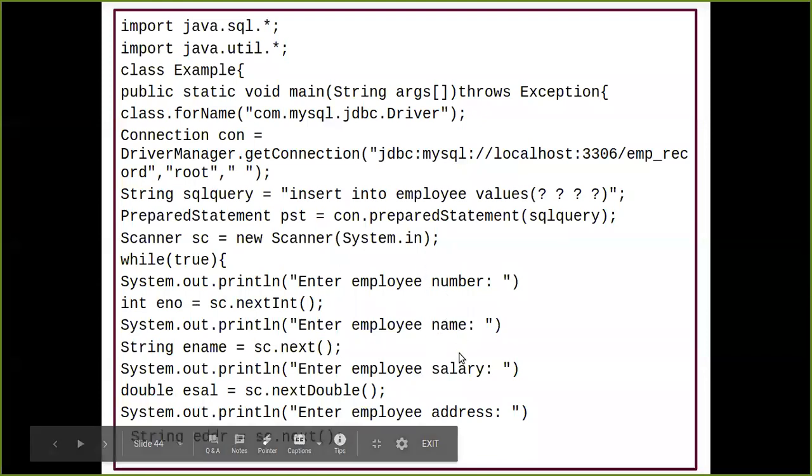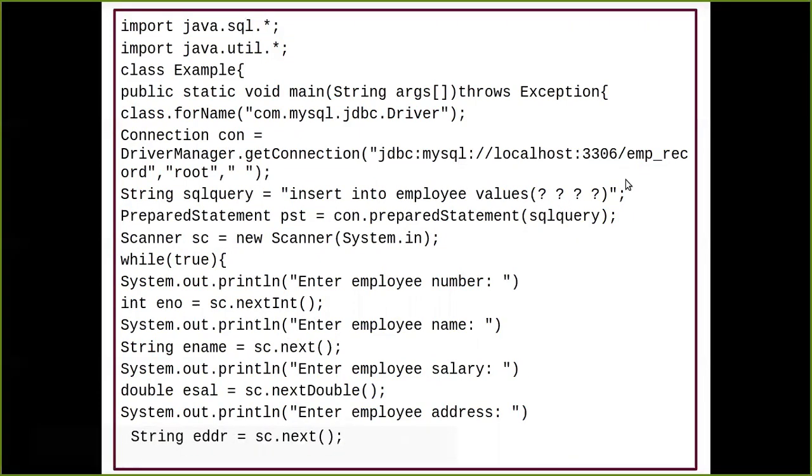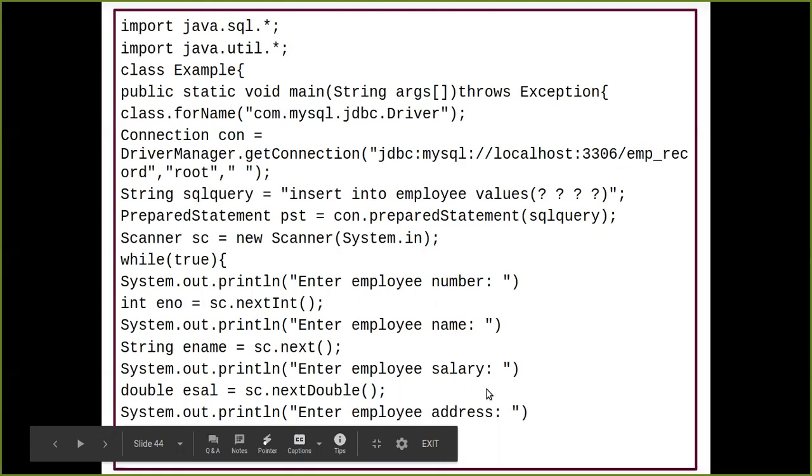I have fetched the value from the client using the scanner class and the respective methods for the particular fields. After fetching the values, putting into the variable, that work also I have done it. And I have written the dynamic query to have that value which I have taken from client and get it stored into my employee table. For that need, I have also mentioned that I have a 4 column into my parameters, and each question mark is going to carry each value which I am going to take it from the user.